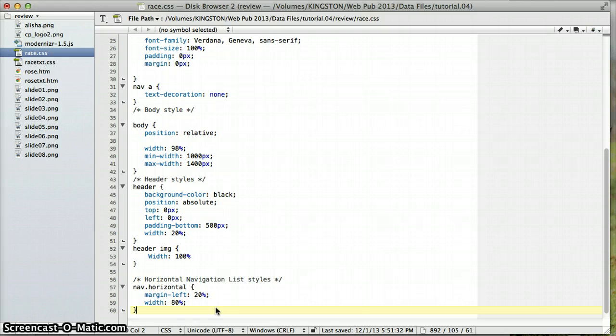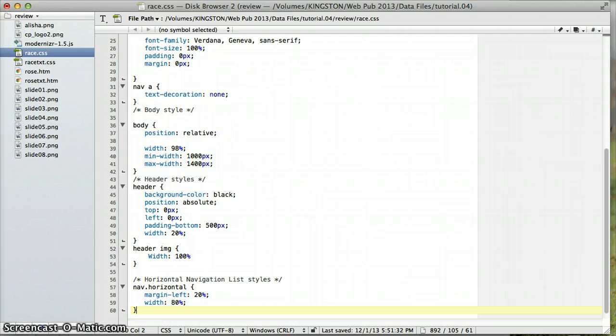Set the background color to the value of 49, 38, 31. Set the upper and lower padding spaces to 5 pixels. Horizontally center the list item text and transform the text to uppercase letters, setting the font size to 85%. You can see right here we started with our margin left set to 20% and the width. We're going to go ahead and complete the rest of that step right now, and again that is step 9